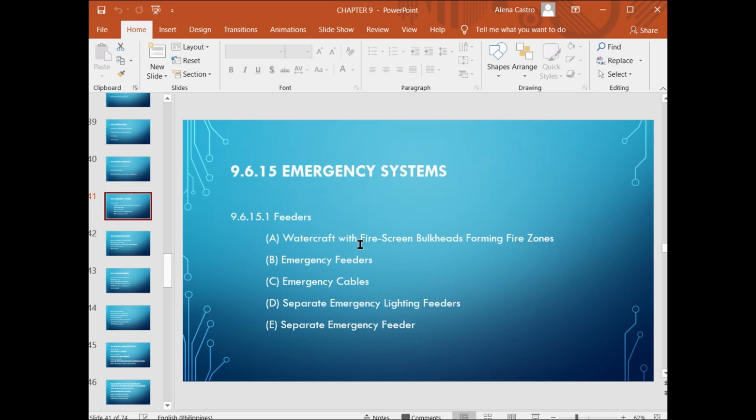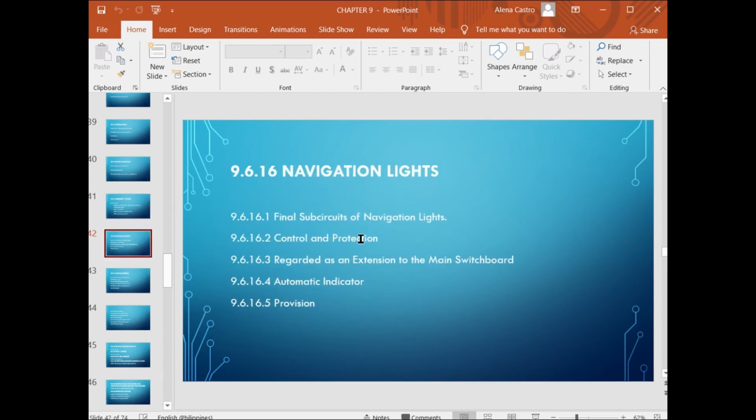9.6.15 Emergency systems. 9.6.15.1 Feeders. Under feeders are watercraft with fire screen bulkhead forming fire zones, emergency feeders, emergency cables, separate emergency lighting feeders, separate emergency feeder. Next is 9.6.16